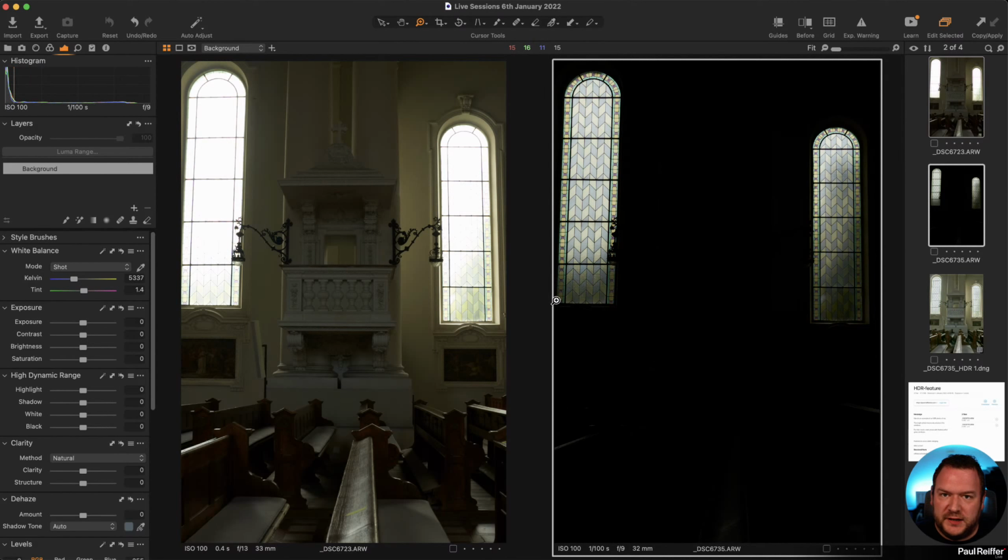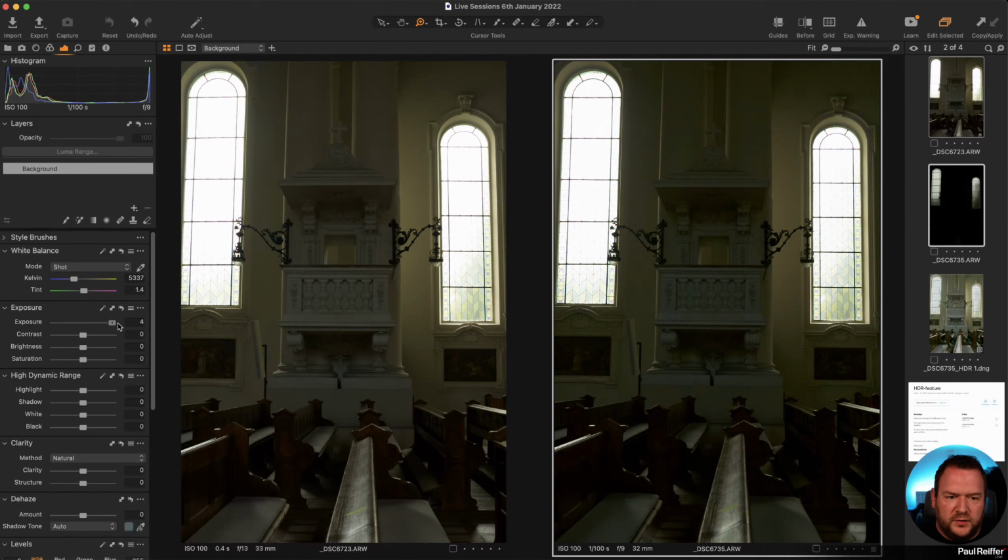If we look at this edge here and this edge here, yep, there's definitely some movement between this one and this one. And if we look at the edge here versus, and let's just pull this one up so we can see what's actually going on. So I can see some of the trim here on the right hand side. I can't see as much of it, if any, on this one. So we've got an issue here where the camera has shifted between the two brackets.